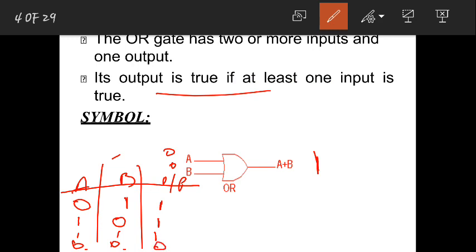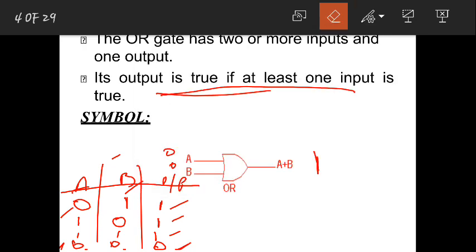Is that fine? So according to this, the OR gate is defined such that the output is equal to 1 only if at least one input is equal to 1. Here one input is equal to 1, and in this case both are 1, so you can consider anything. At any case, the input should be equal to 1. So the outputs are high in all those cases. But in this case, I don't have even a single input equal to 1, so the output will be equal to 0.